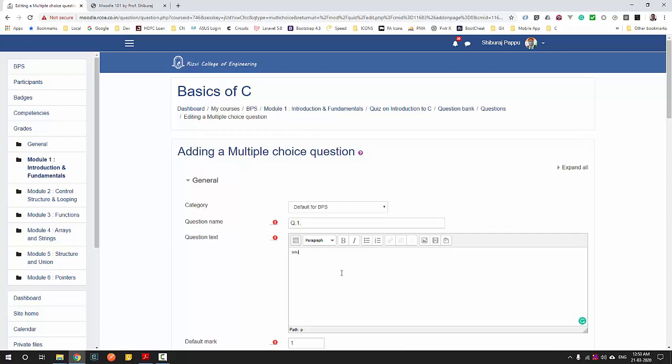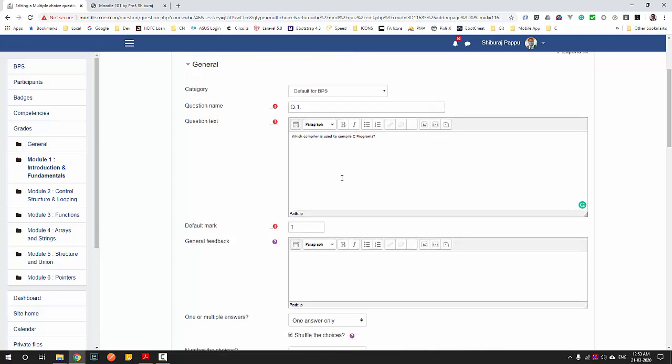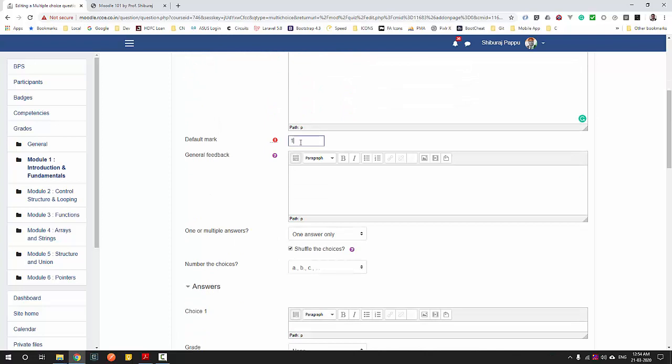Let's write the question in the question text: which compiler is used to compile C programs. Okay, so I have added a simple question, and here you can set the amount of points to be